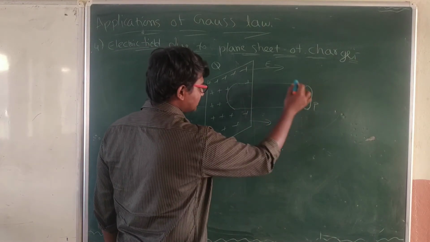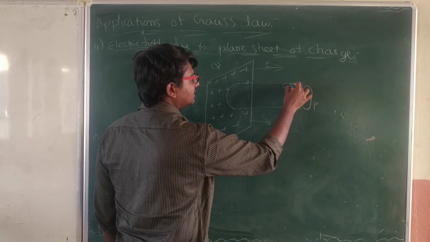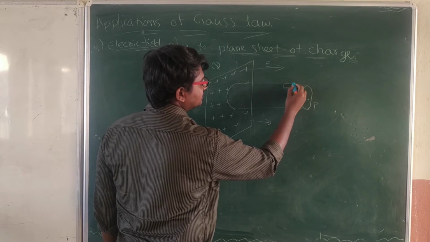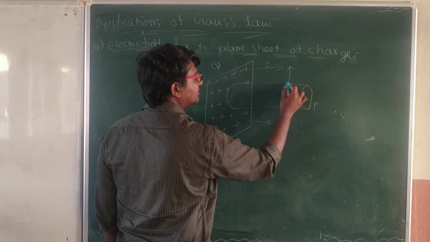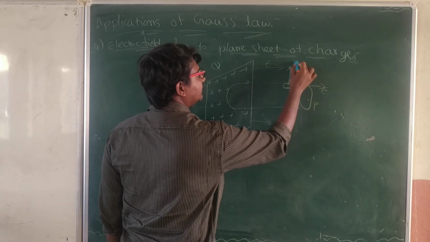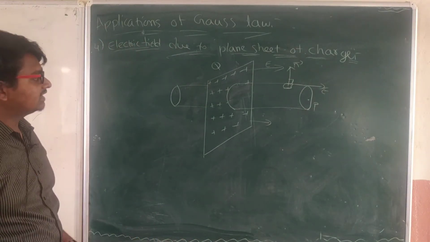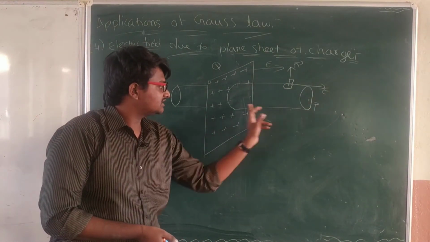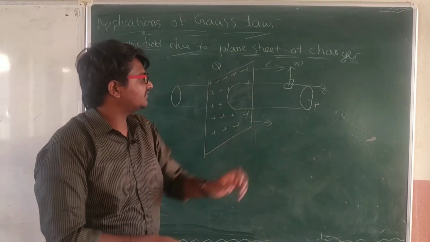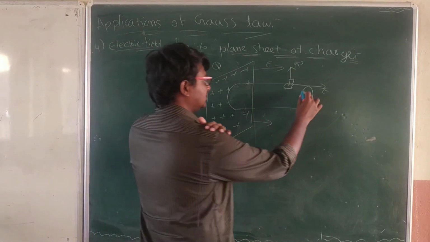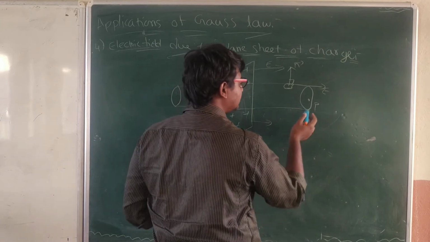And if you consider the curved surface area of the cylinder, the Gaussian surface, okay, here if you consider any area like this, on this area the electric field E bar and the normal N bar make an angle of 90 degrees. If so, the flux on this particular surface is 0. On the curved surface it is 0, but not on the faces. Let's consider now the face where the point P is located.